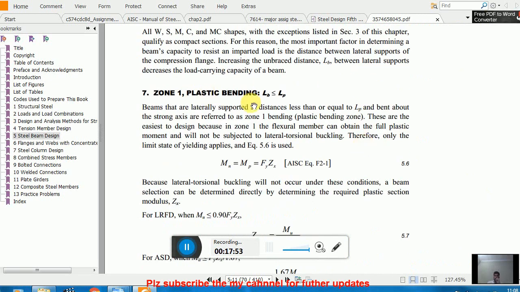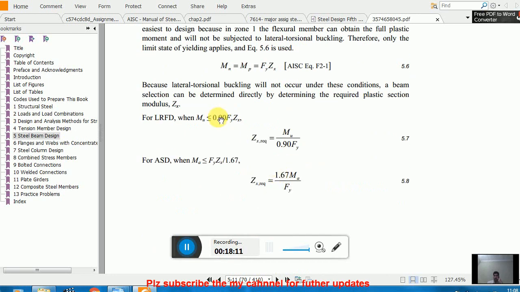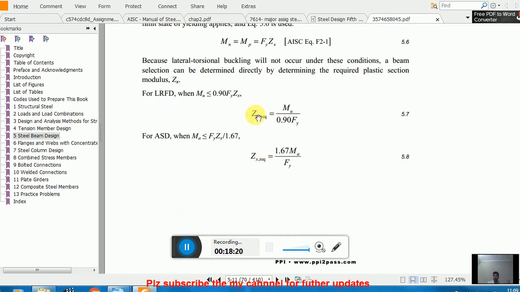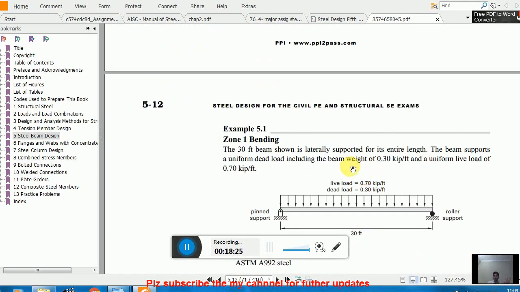So let me show you zone 1. In zone 1 the condition is that your unbraced length should be less than or equal to LP. Clear? And for your strength we discussed this equation: Fy times Z, the plastic section modulus, where Fy is the yield stress, and the factor is 0.90. You just need to calculate your required Z as I did in question number 1, then choose your required section from the table, and then check it again for the